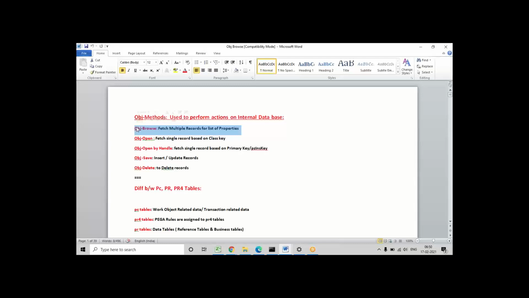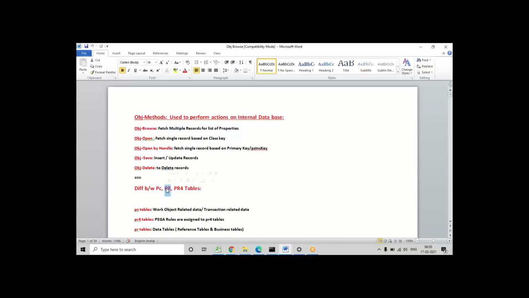Directly to the UI page it will not load the records. First it will load to the clipboard page, and some structure will be created in the clipboard page. We'll understand that structure after the execution; I'll show that. From the clipboard page we need to map it manually to the user interface page.